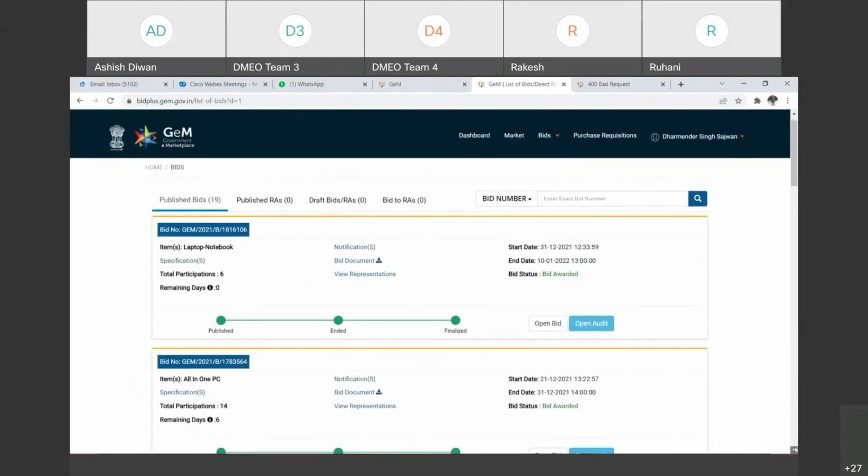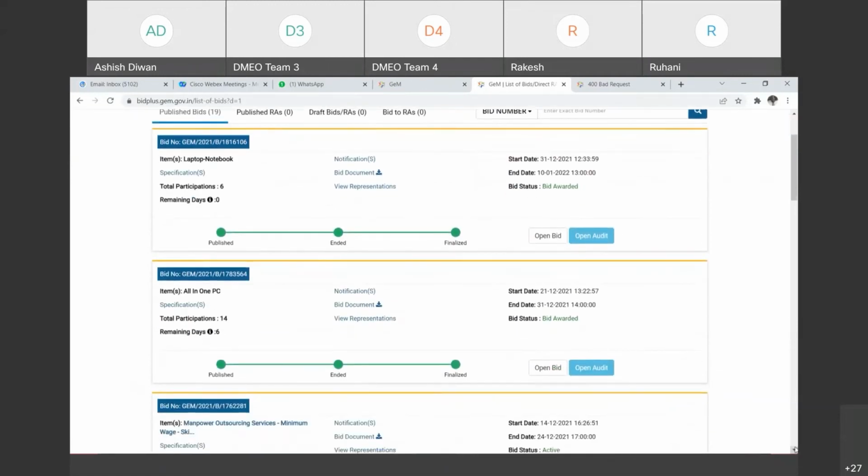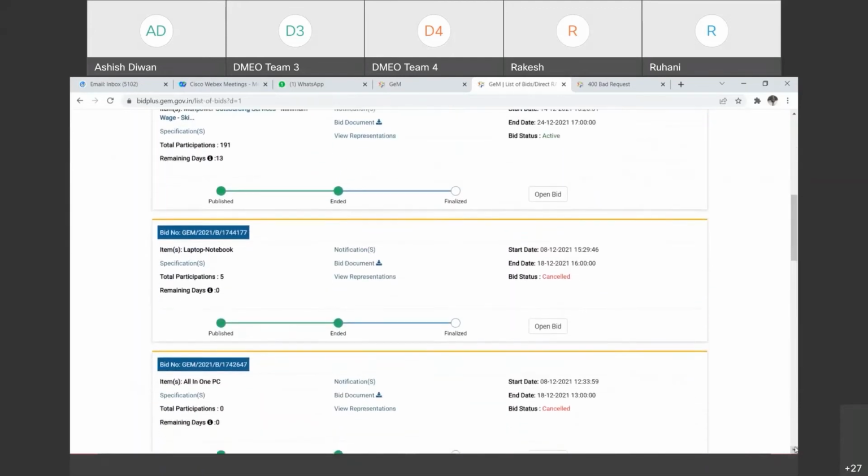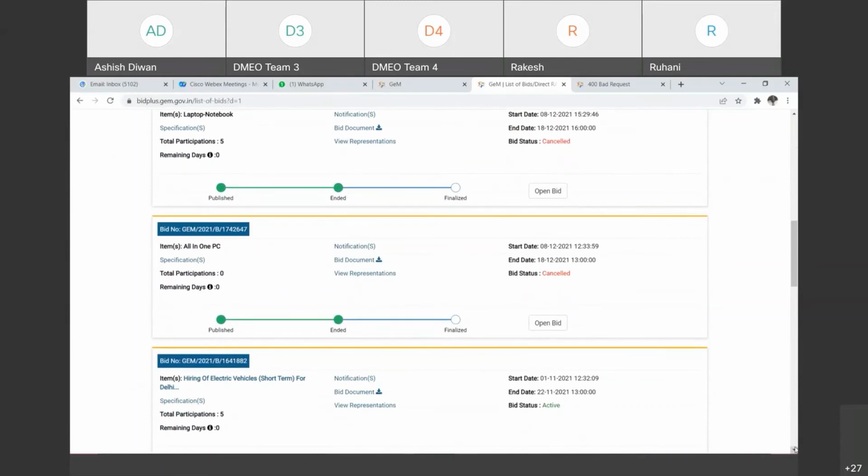ये बीड में जैसे दीपक ने CPP पोर्टल का दिखाया, जस्ट उसी तरह का इसमें भी प्रोसेस है, थोड़ा सा चेंज हो सकता है, लेकिन मोर और लेस उसी तरह से टेक्निकल इवेल्युएशन, फाइनेंशियल इवेल्युएशन करने के बाद GeM की कमेटी है, जिसमें हमारे चेयरमैन डायरेक्टर श्रीवास्तव सर, हमारे सीनियर अकाउंट्स ऑफिसर मुनीश सर, और हमारे हेड ऑफ ऑफिस साजवान जी भी है। तो ये चारों कमिटी मेंबर टेक्निकल मिनट्स निकालते हैं, फिर फाइनेंशियल मिनट्स निकालने के बाद L1 सेलेक्ट करके उसको ऑर्डर प्लेस कर देते हैं।